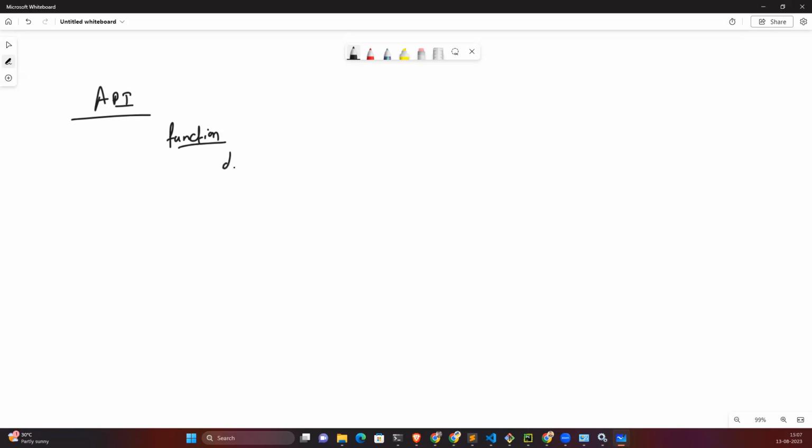Let's suppose we have one function, def function one, which we have created and defined, and we wrote some business logic inside of it. Let's suppose this function has a specific task, which is to add two numbers. Wherever we have to add two numbers, we can call this add function, pass the two numbers, and it will give me the result. Similarly, we would have different functions like subtraction, multiplication, division, addition. These are different types of functions, and wherever we want, we can use them.